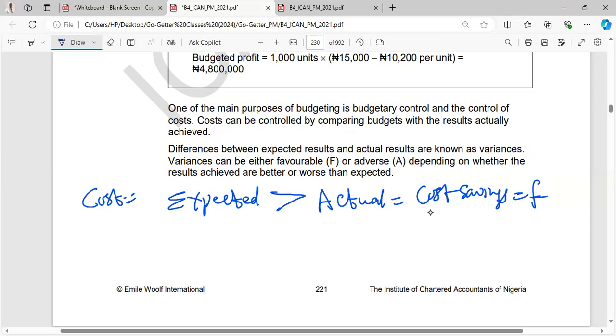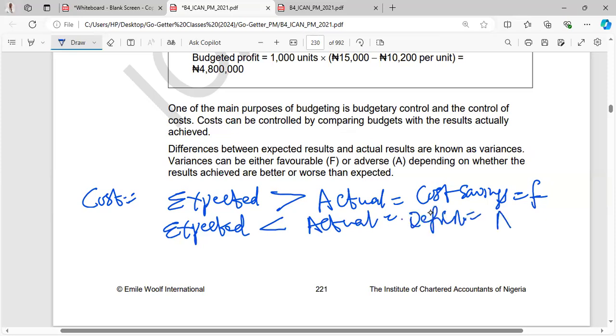But when expected is less than actual, it is a deficit, and that's adverse. So in our variance analysis formula, you'll be seeing expected first, actual second, because we'll normally have